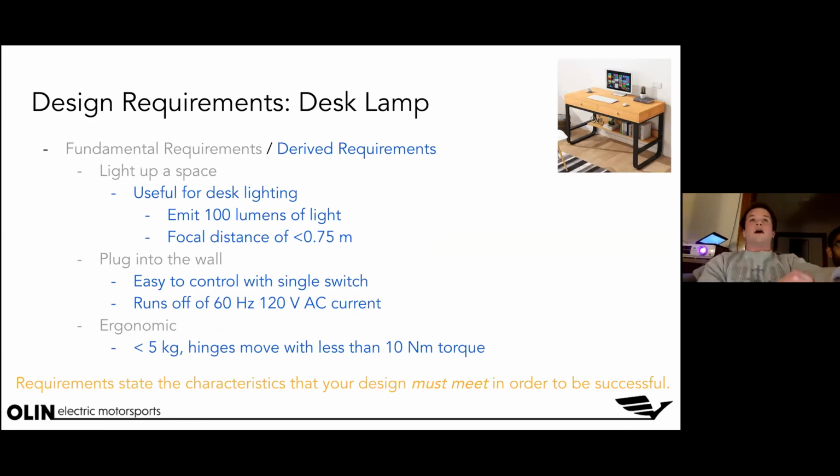And so here, I'm not going to go into depth into how I went from this fundamental requirement to the derived requirement here. I will at the end of this presentation, but essentially this is where most of the engineering work happens before you actually get to the point of analysis. Because defining what is meant by lighting up a space is very difficult. Or like plugging into the wall, like, well, okay, are you using 50 hertz, 60 hertz, 240 volts? Are you living in a trailer? Do you have solar panels? It's a very large solution space. And there's a lot of work that goes into narrowing it